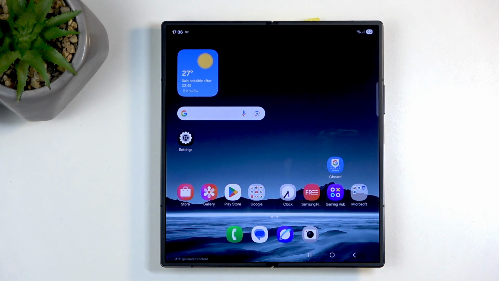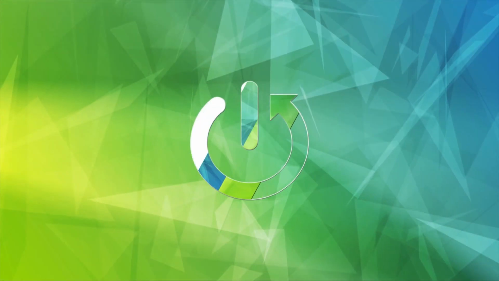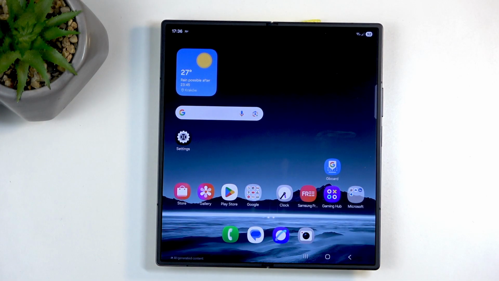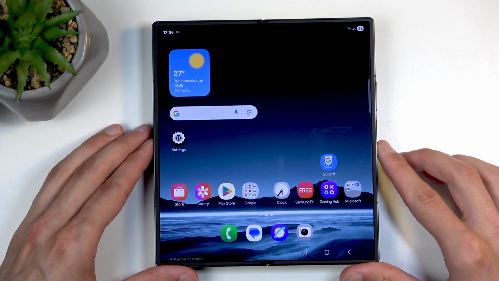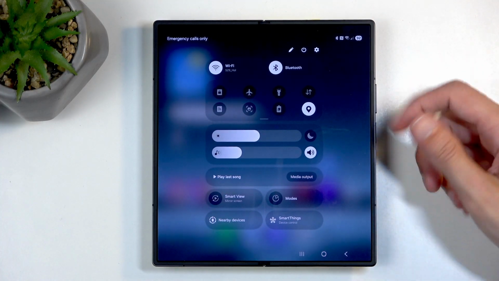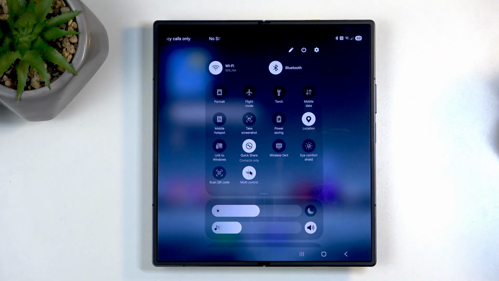Welcome. In front of me is a Samsung Galaxy Fold 7, and today I'll show you how you can record a screen on this device. So, to get started, we're gonna swipe down from the top right side of the screen, and then somewhere right here we're gonna swipe down again, which will show us all the toggles, which one of them will be the screen recorder,